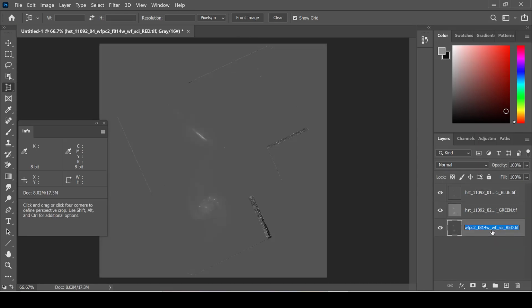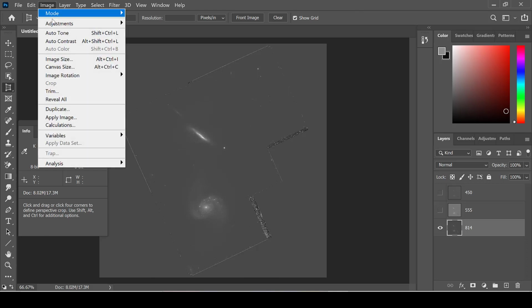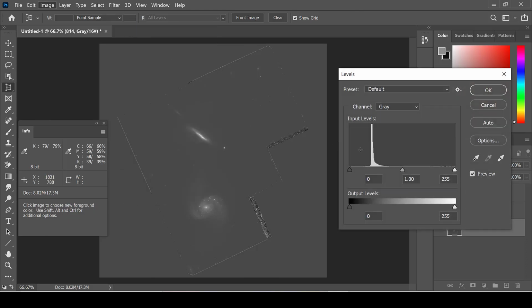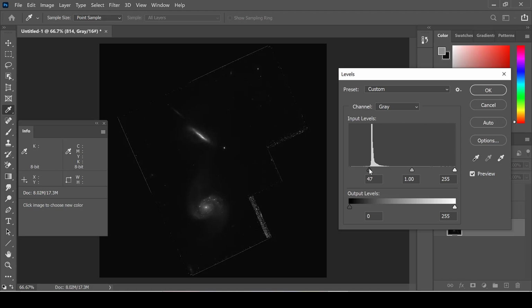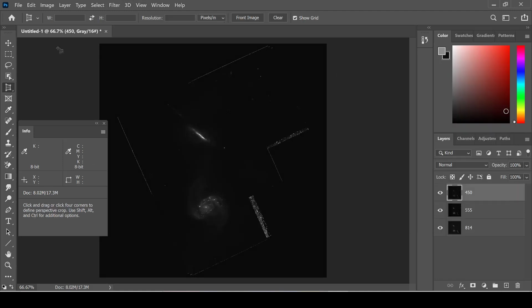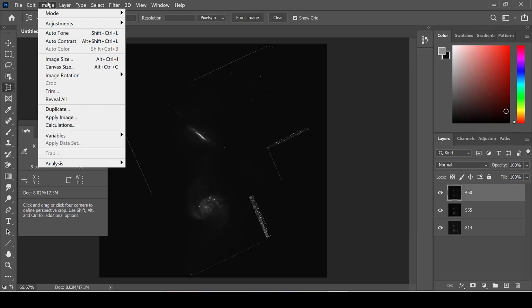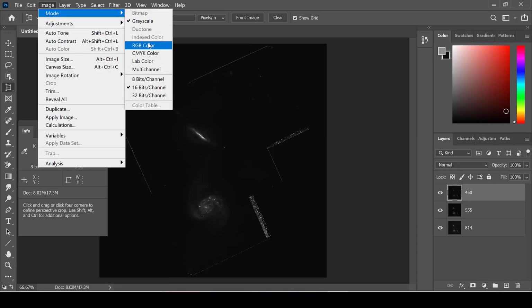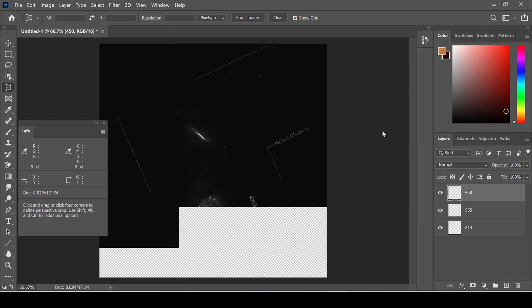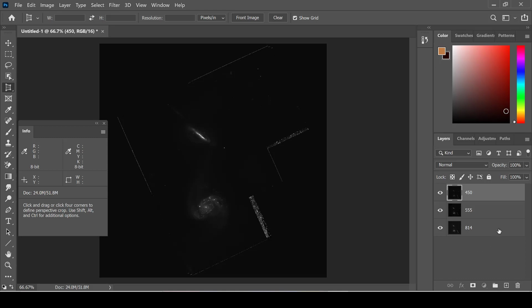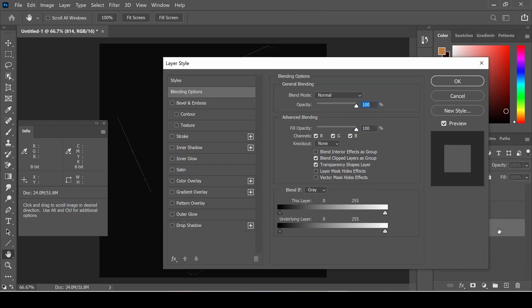I will first rename my files and then adjust the levels before I begin colorizing the images. When I am done adjusting the levels, I will go to Image, Mode, and RGB Color in order to colorize the images. Using the Layer Colorization method, by double-clicking on the layer, under Advanced Blending, I unselect green and blue